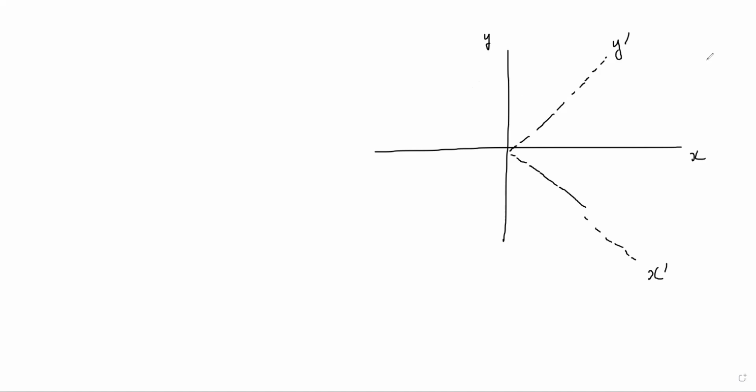If there was a point here in the old axes with coordinates x and y, then I can draw a radius vector and say this is r distance from the origin, and that was, let's say, at angle alpha. So x could have been written as r cos alpha